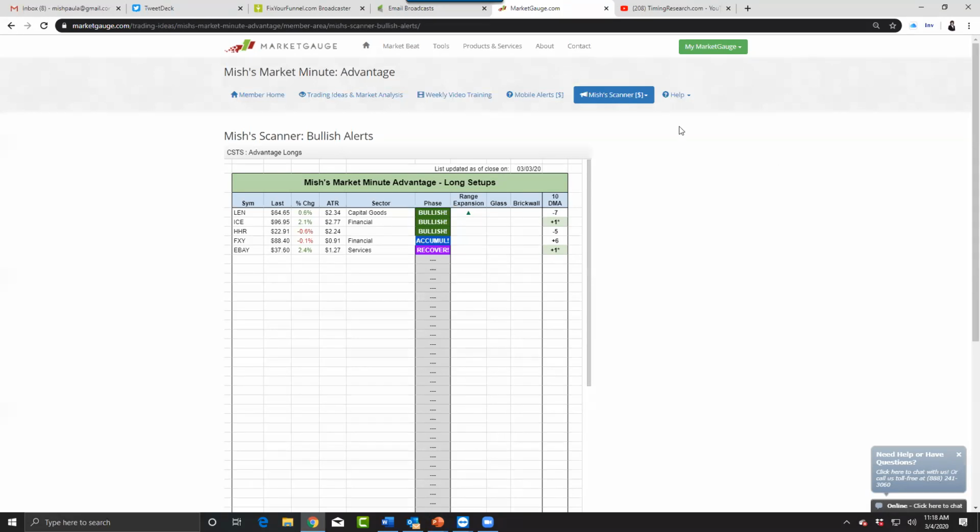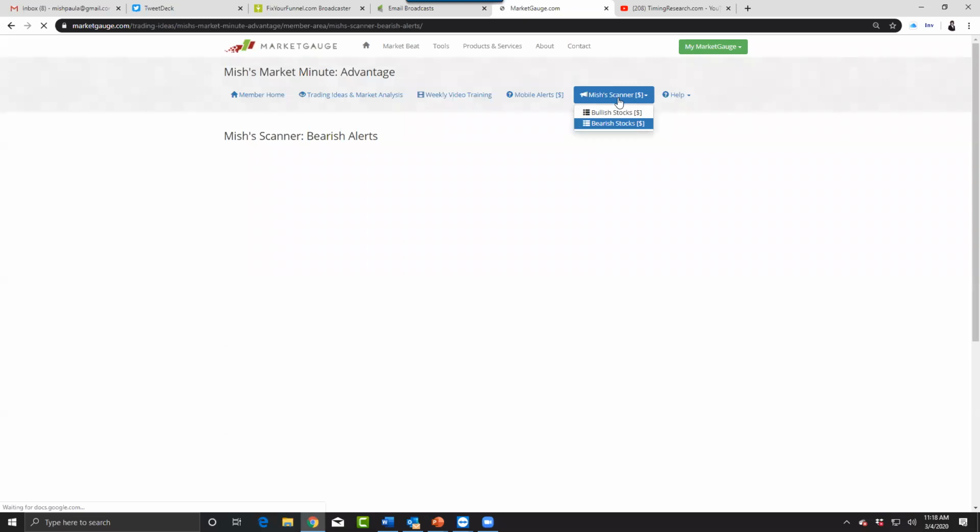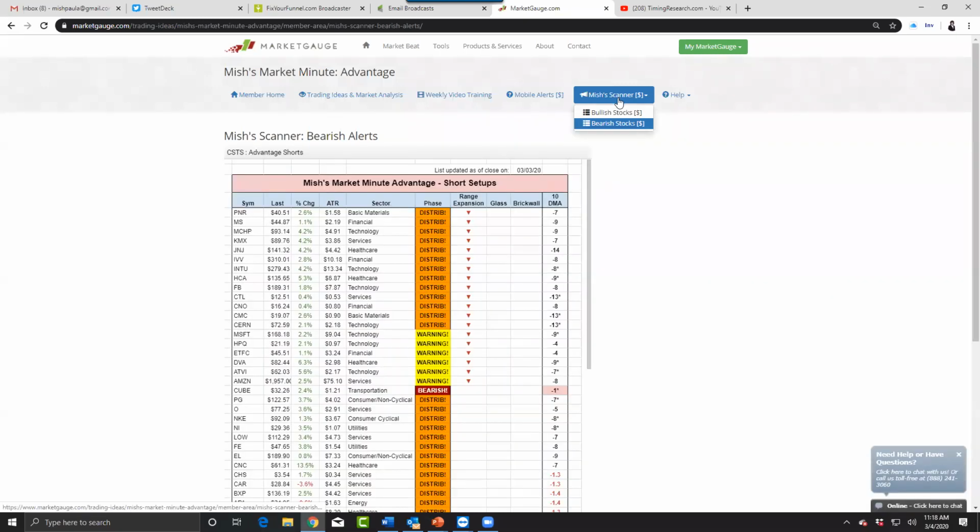And if you wanted to just see the difference, by the way, in terms of the bullish to the bearish, on the bearish stocks, obviously you can see the list is a lot greater. So if today turns out to be a sell opportunity, then the members would be going to this list as well as I and trying to pick out things that have actually deteriorated in phase, and what might be an interesting thing to look at.